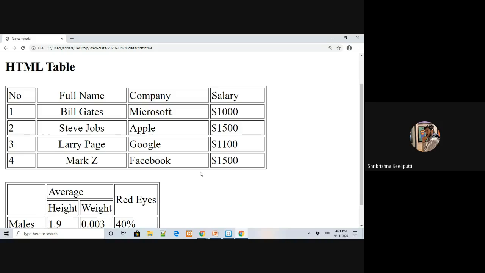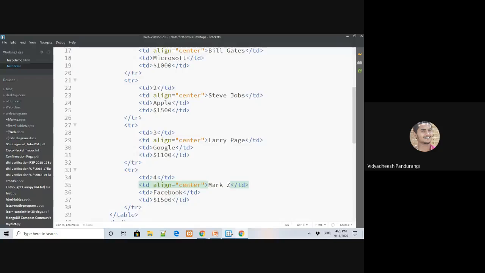Yes, very good. So when I want to have numeric content in my table, I should be using, most often, the right alignment. In fact, whenever I'm representing a currency or any sort of amount, I should be using the right alignment. So I'll use this right alignment for this last column called salary.